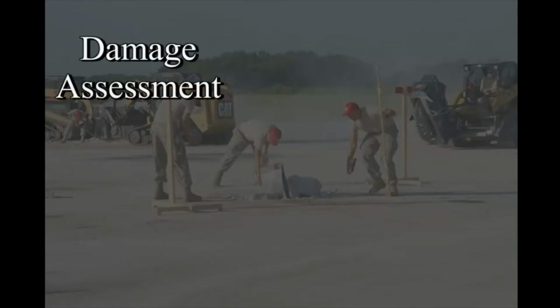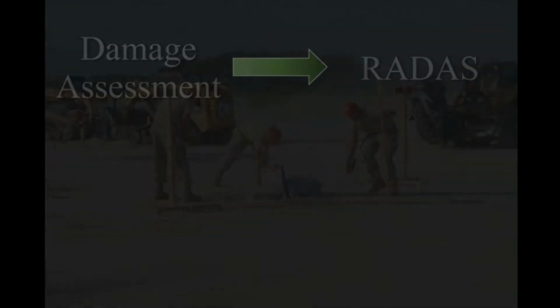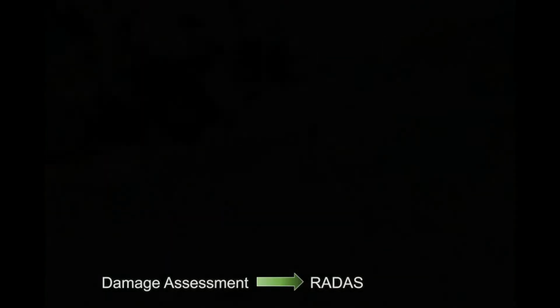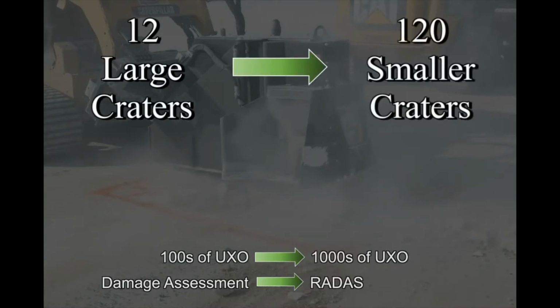Damage assessment teams are being replaced by remote sensing and geospatial information systems, better known as the Rapid Airfield Damage Assessment System, or RADAS. EOD personnel face the daunting task of mitigating thousands of UXO rather than hundreds. Instead of the traditional one-man, one-bomb approach, they will operate a family of systems known as the Multiple UXO Removal System, or MERS. Instead of 12 large craters, civil engineers must be prepared to repair 120 smaller craters, while maintaining